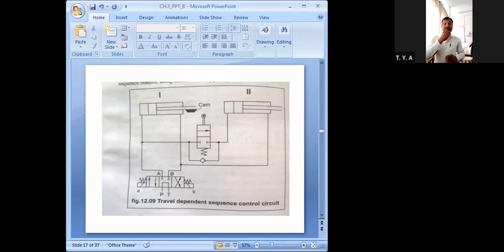To perform one action after another in sequence, sequence control is used. Now, if you want motion of two or more than two cylinders, and that to happen simultaneously, for that purpose we have another circuit that is called the synchronizing circuit.